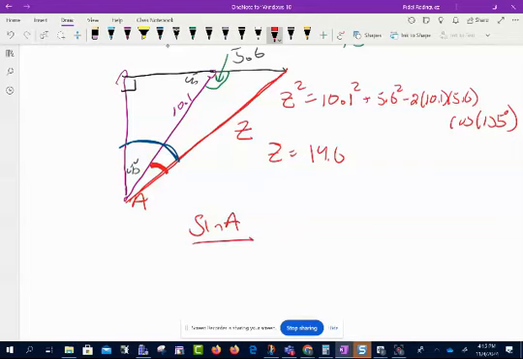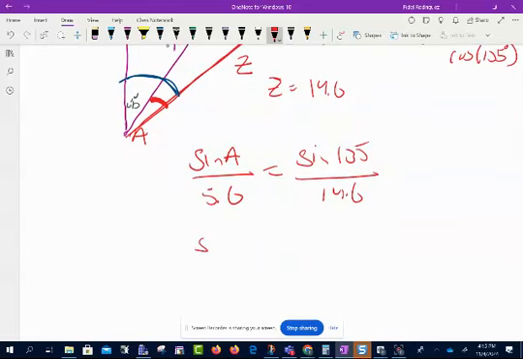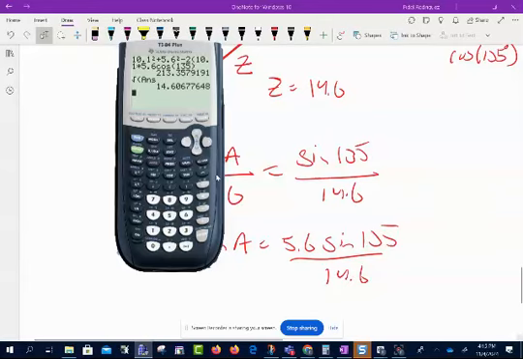I could say the sine of A divided by the side that's opposite, 5.6, is equal to the sine of 135 divided by that 14.6. So that now we could say sine of A equals 5.6 times the sine of 135 over 14.6. And then we could take our sine inverse, right? So let's clear this guy out. 5.6 times the sine of 135, okay, divided by 14.6, okay, equals, and now,